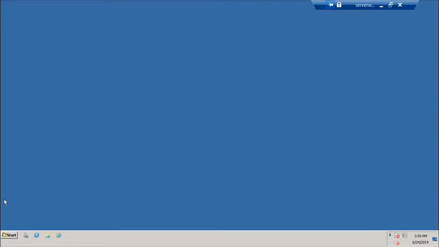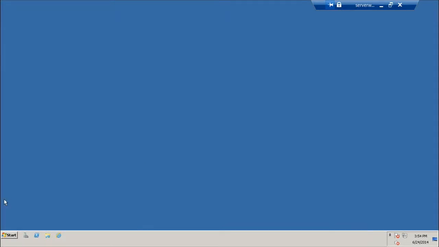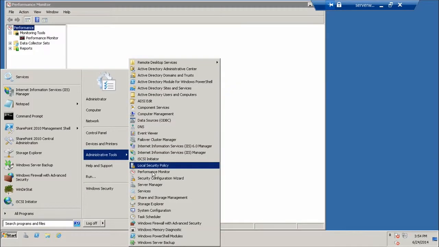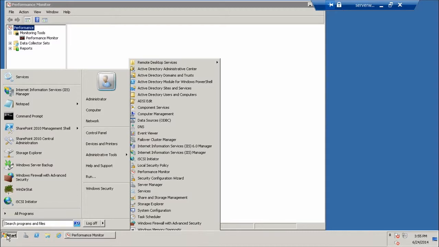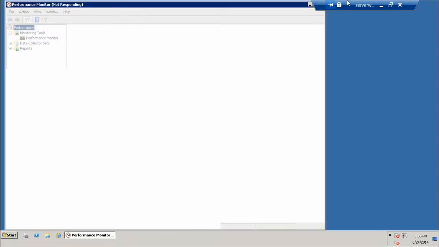Did you want to show Windows Performance Monitor? Yes, let's do some perfmon. And the reason I say perfmon is because I'd type perfmon. We also, again, have it in Administrative Tools or Windows Start, Performance. There it is. Performance Monitor is,